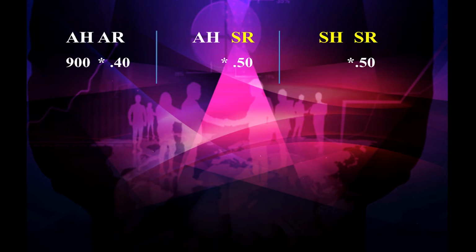Based on the data, we have AH 900 and AH is there in column 1 and 2. So, we will write 900 in column 1, column 2. SH being 1000, we write in the third column. We will get the product of each column. So, product of the column 1 is 360, column 2 450, column 3 500. Now, we have to label the variances.